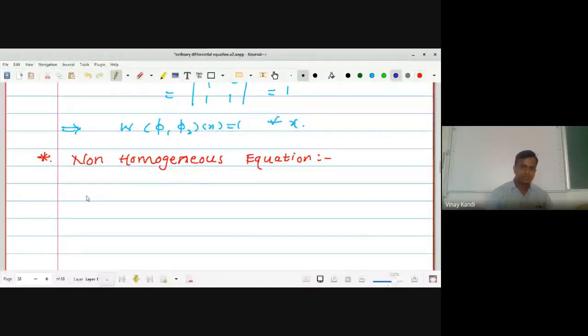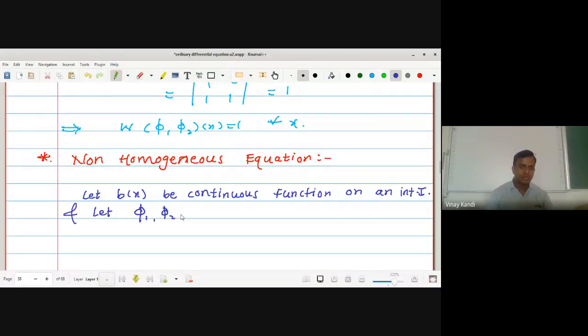Let b of x be a continuous function on an interval I, and let phi 1, phi 2 up to phi n be a basis for the solution of L of y equal to 0 on an interval I. Then